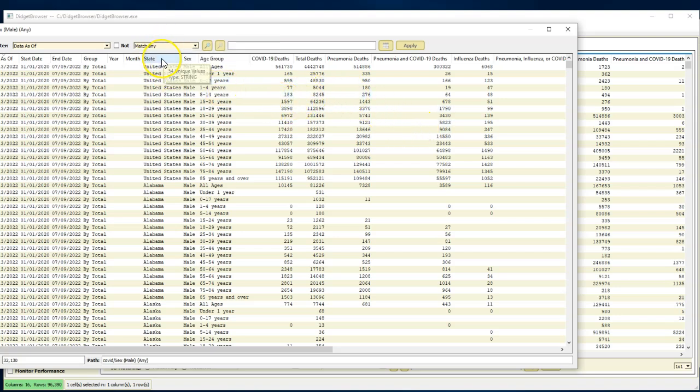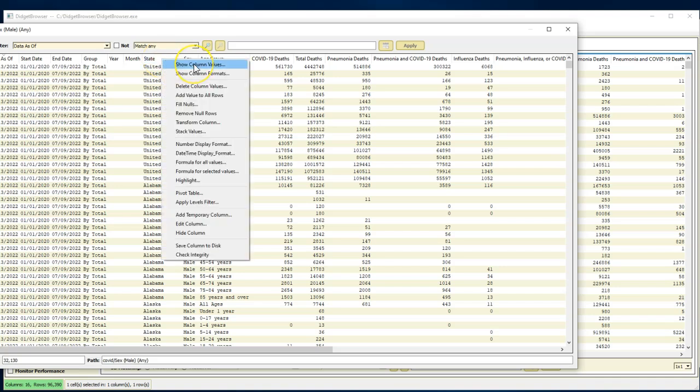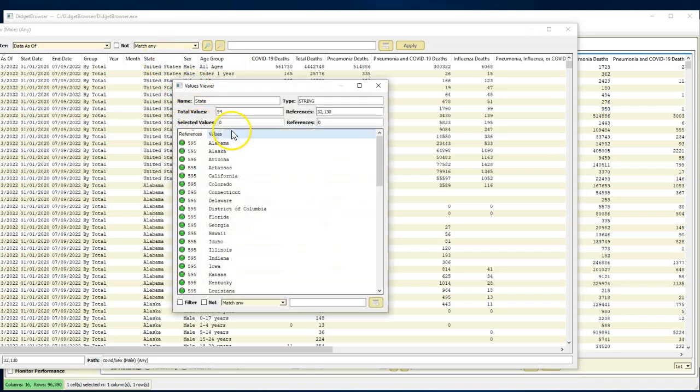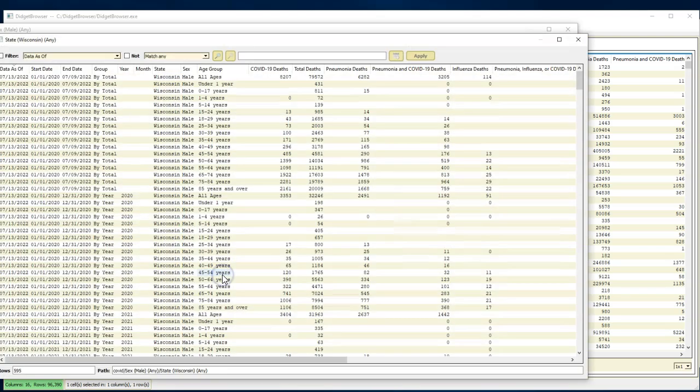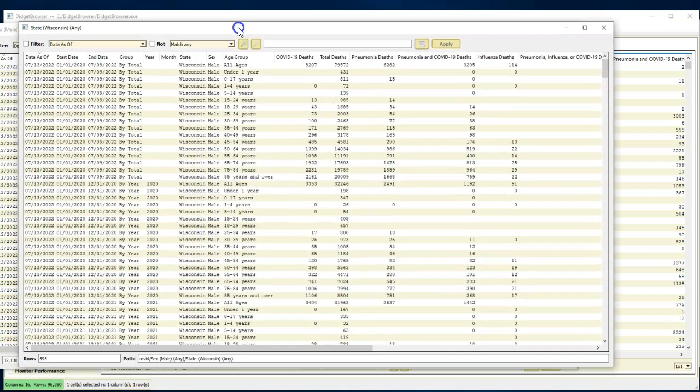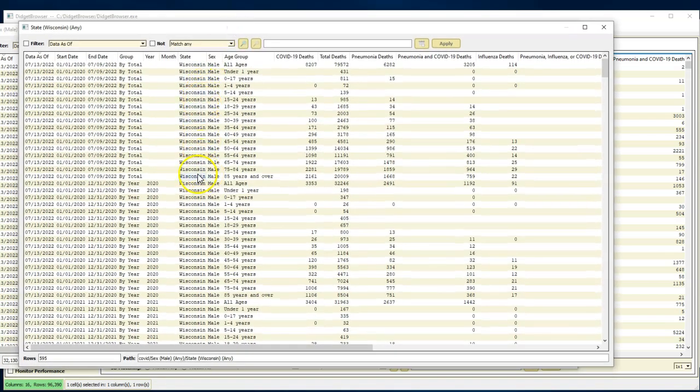Now if I come up to a column header like state, for example, and I right click and I say show me all the unique values, this will give me how many different states. That's 54, but it throws in Puerto Rico, New York City, Washington, D.C., and then the United States as a total in here, so you get more than 50 states. We want to see just the Wisconsin ones. So here are all the males in Wisconsin